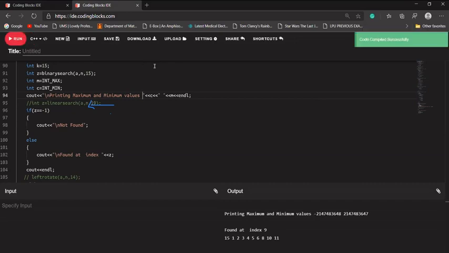Okay, so is the output visible? What output are we getting? This is the range of our integer.